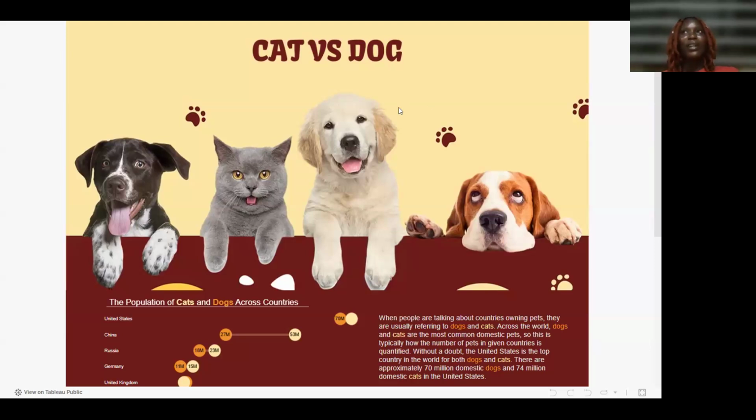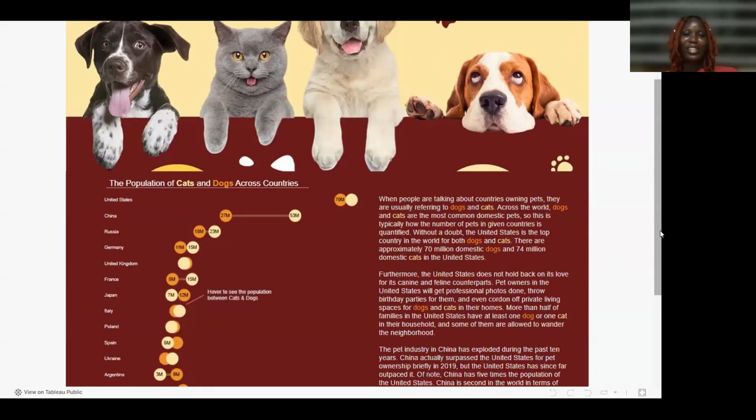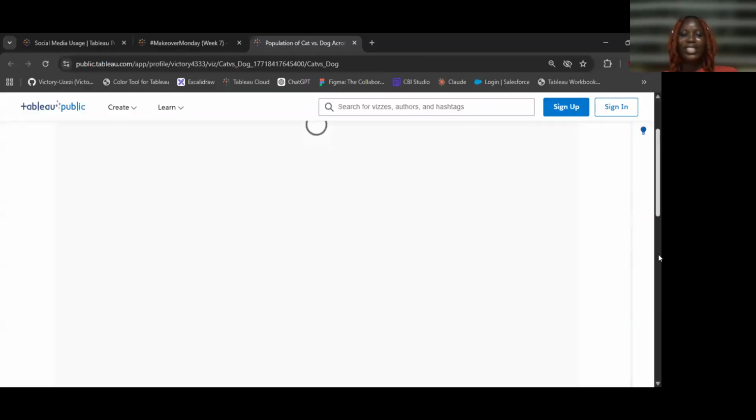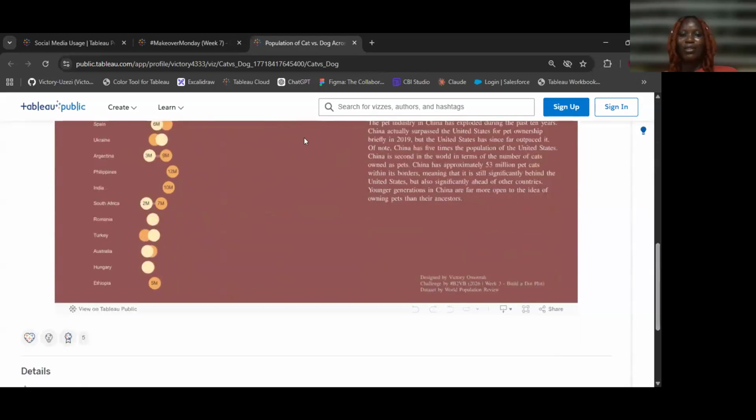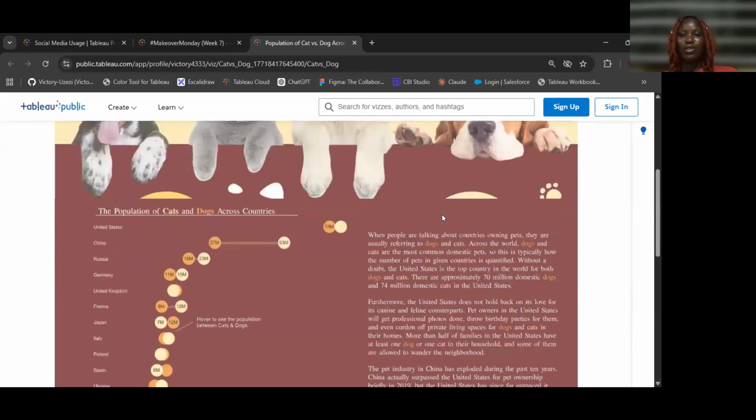There are various sites where I get inspiration for creating dashboards for companies. I go on Pinterest, I use Dribbble, then Tableau Public as well. I get my inspiration. So I was just going through Dribbble and I saw the pictures of this cat and the dog. And I remembered, oh, currently there is the data challenge, Back to the Basics, and it was talking about the population of cats versus dogs.